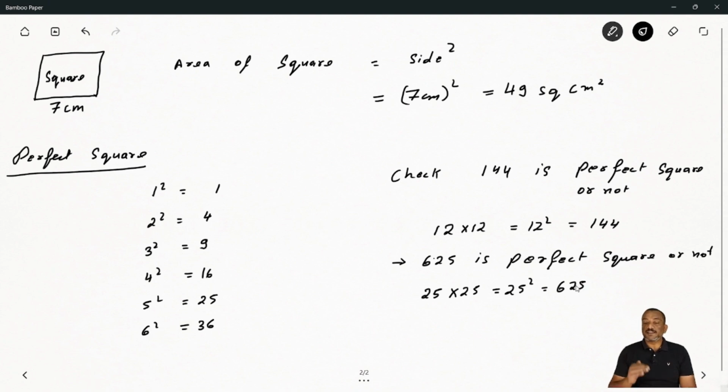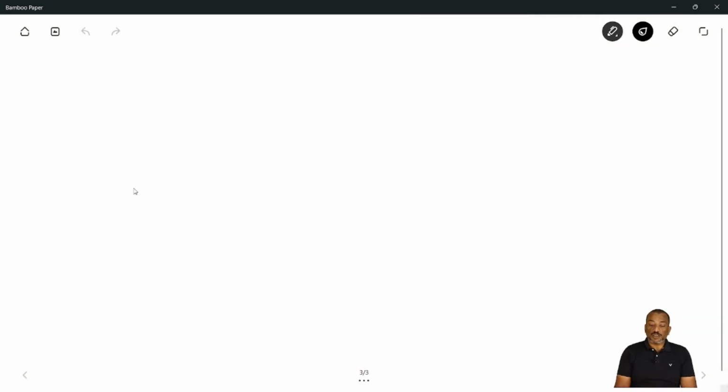So which means 625 is a perfect square. Hope you understand what you mean by a perfect square. जब भी कोई भी इंटीजर का हमारा स्क्वायर होता है, so that is called a perfect square. होप यू गेटिंग। सो आप यहाँ पे याद रख सकते हो कुछ नंबर 1 से 20 तक के नंबर का स्क्वायर आप रिमेंबर रख सकते हो।